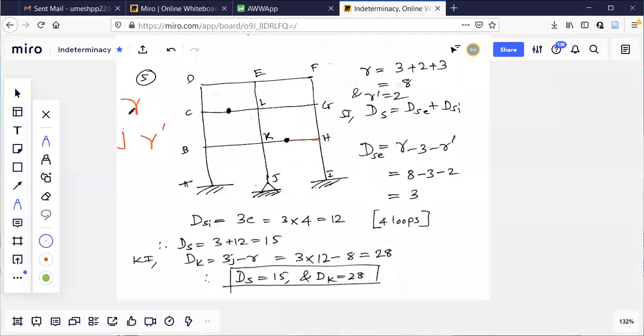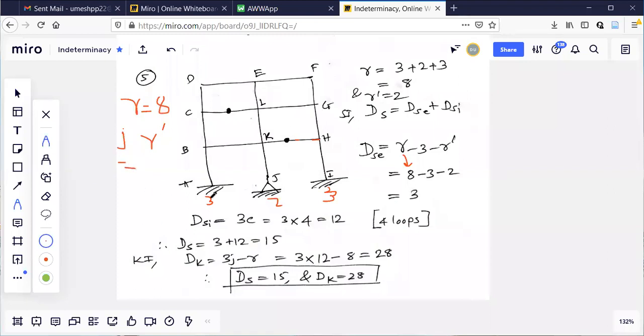So let us see what is the value of R, the number of unknown reactions. Can anybody tell me how many are there? 8. Okay. So 3 here, all 3 fixed end, 2 here, again 3 here. Totally 8 are there. So R is equal to 8, as written here. So when you solve it separately, start with these calculations only. R.